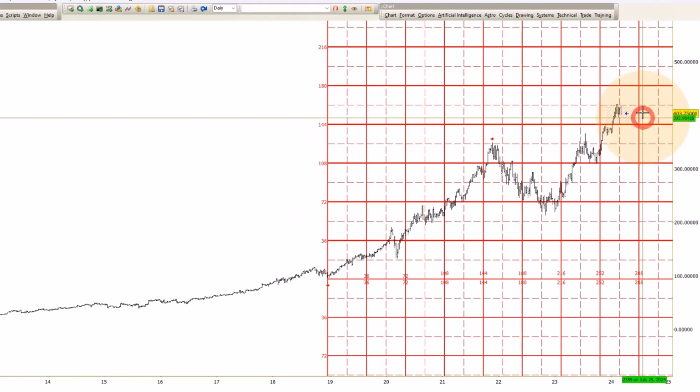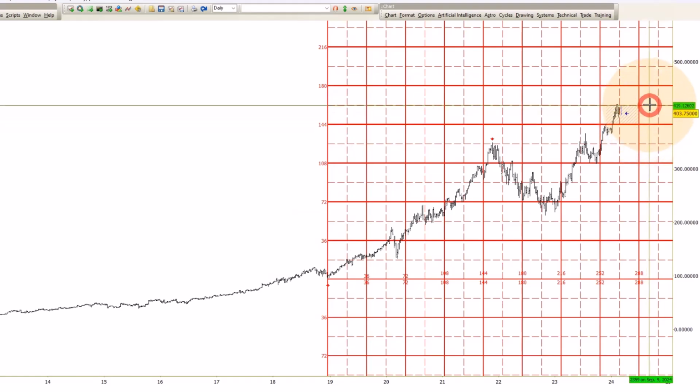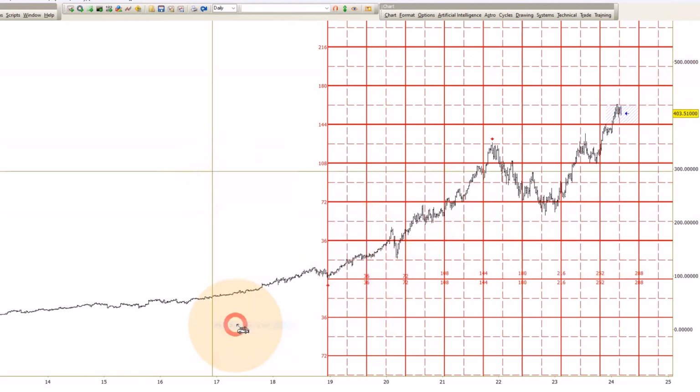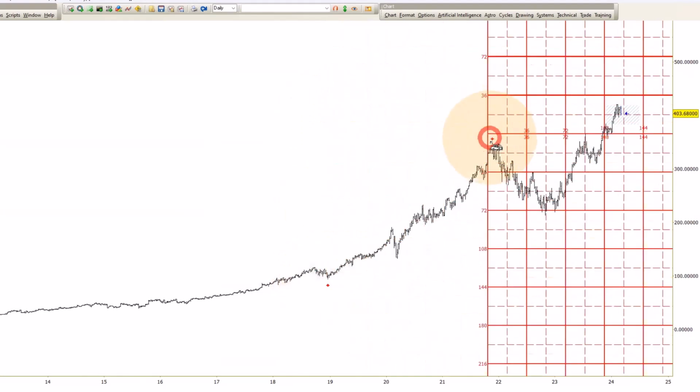On the other side, if we break out of 419 to the upside, then we can certainly go a little bit more. On this chart, basis weekly, coming off the 2018 low, it'll be like 457. So looking at it from that angle, it looks like we have a high. It looks like we squared out, but we want to confirm that just because it's 144 that we're sitting on top of. Okay, that's kind of how I'm looking at it.